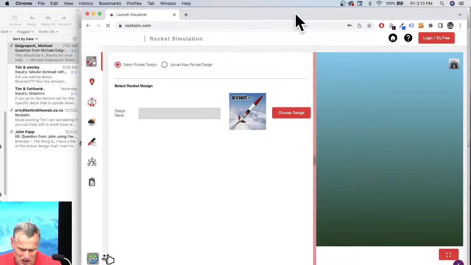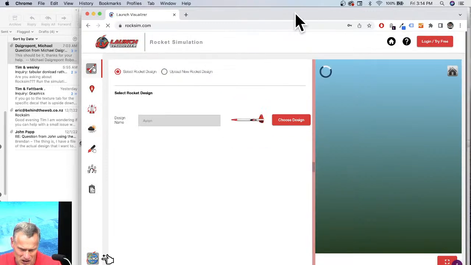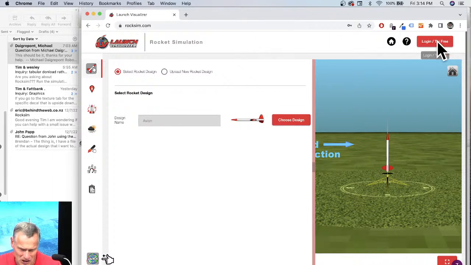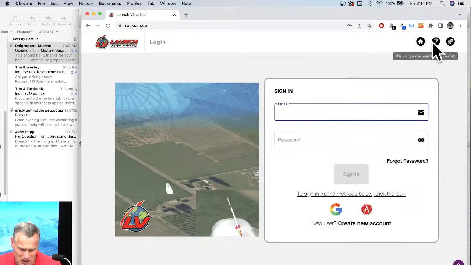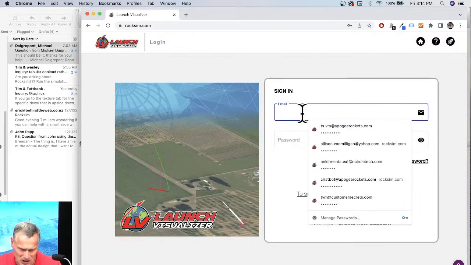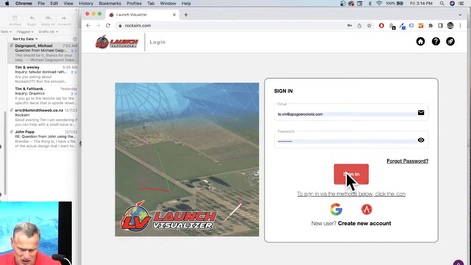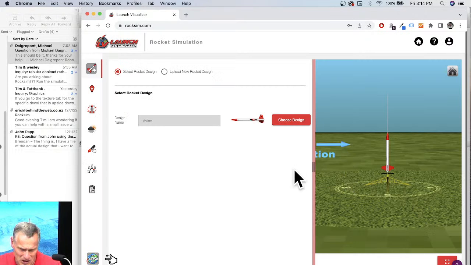So I created the RockSim file, I saved it, it's on my desktop. Now I need to upload it into the cloud so that I can see the simulation. So to do that, go to login. And if you don't have an account, make an account. I already have one, so I'm signing in. And once you're signed in,